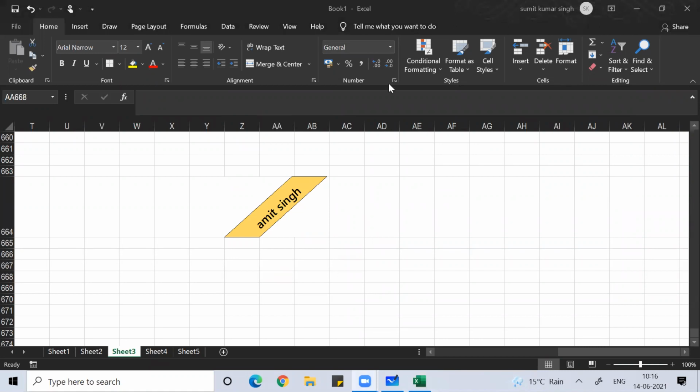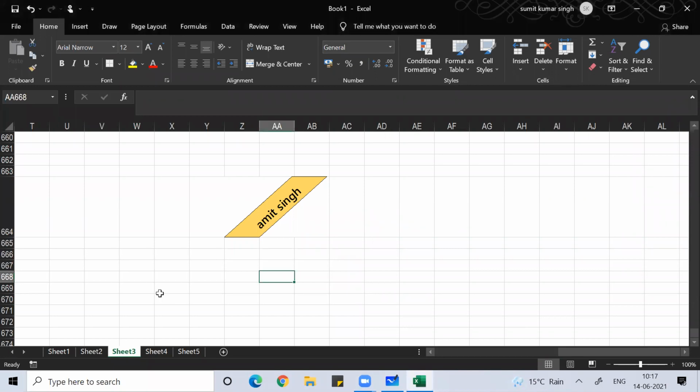So those are self-explanatory. You can do it by simply clicking on format cell. Any cell, any problem happens, you can do format cell, and there you can navigate and understand depending upon your convenience. Clear everyone? Anyone, any doubt?